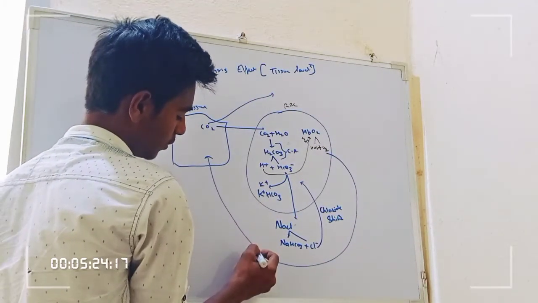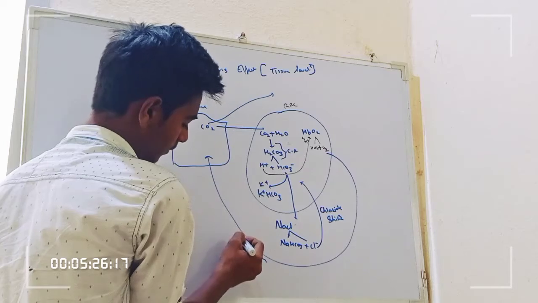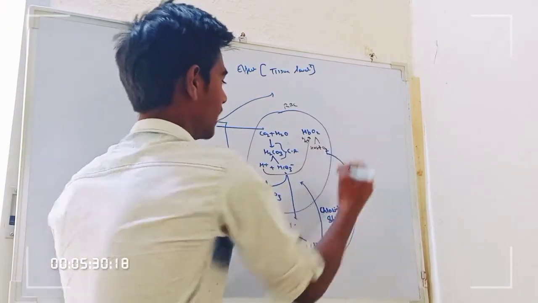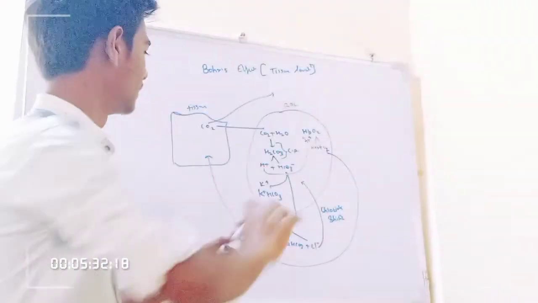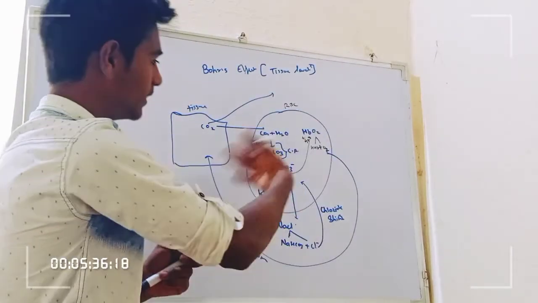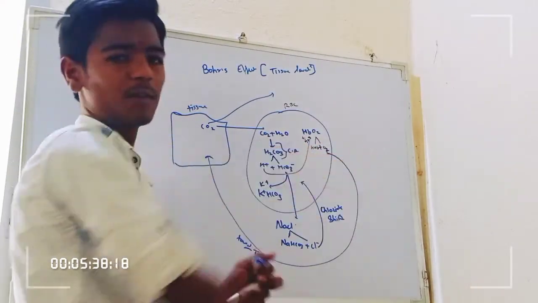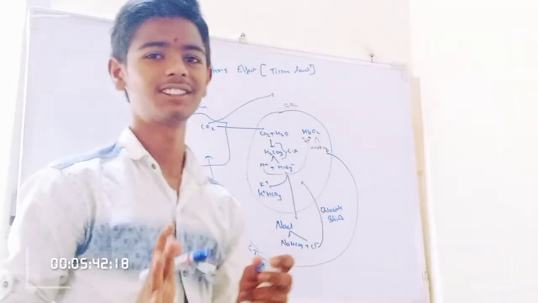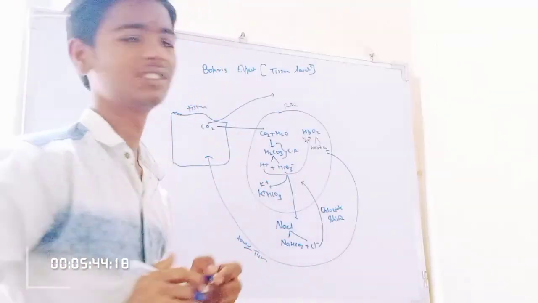And this is the last step of our process: this O2 comes out toward the tissue. This happens as O2 cannot directly diffuse from the RBC and come into the tissue. Hence, after forming all these things, O2 diffuses from the hemoglobin and comes into the tissue. So friends, this is all about the Bohr's effect. Thanks.